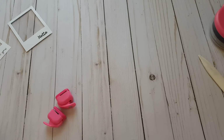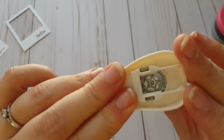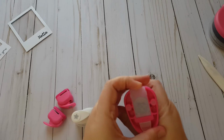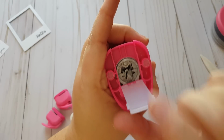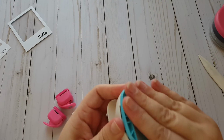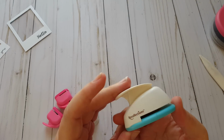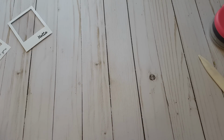They also have a tiny little star. This one is from Michael's. I also have a bow punch. That one's pretty little, so it would work too. And also I have a butterfly punch from my Recollections. And then I have my favorite punch currently for creating shakers, because then I don't have to have sequins